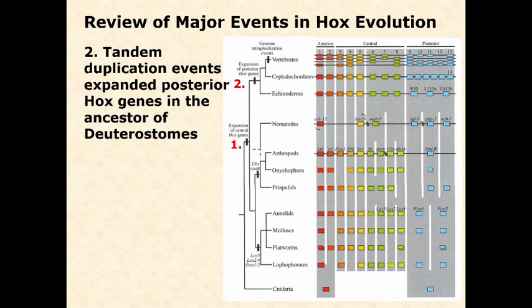So remember 1, 2, and 3. Remember what those are and what groups they apply to. So number 1, the overall copying and diversification in the ancestor of the bilaterian. Number 2, the expansion of those posterior genes. So we get many duplications, meaning more posterior genes, and that's just in the ancestor of the deuterostomes. And then finally, in the ancestor of the vertebrates, we get this fourfold duplication and then eventually even more duplications in some groups. So building, building, building all of this developmental gene complexity,